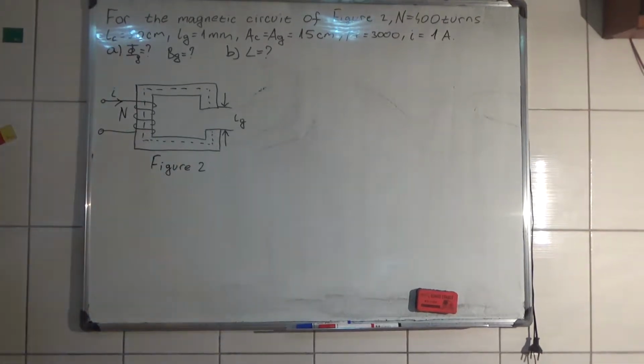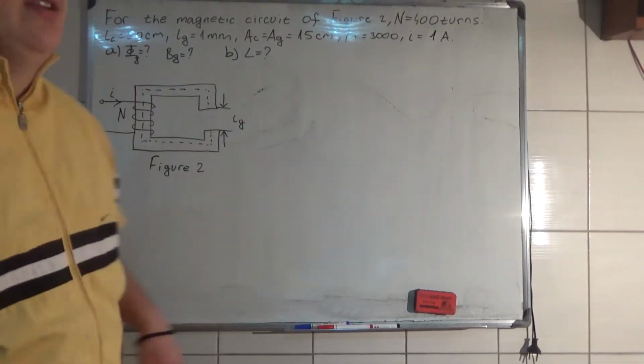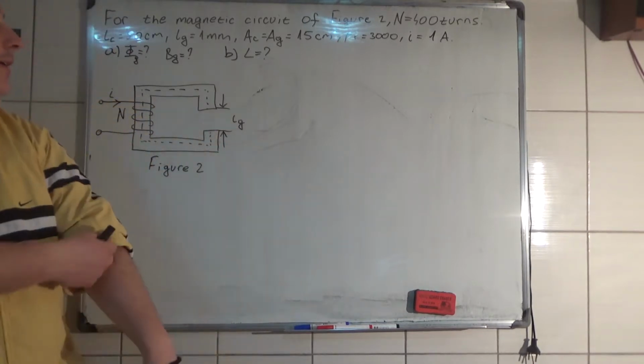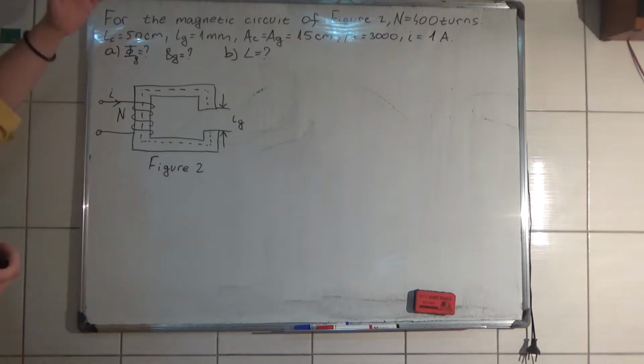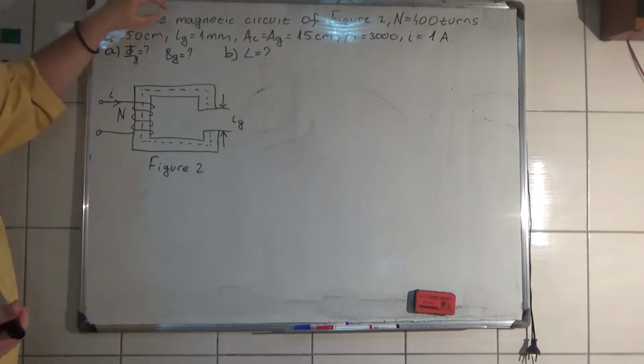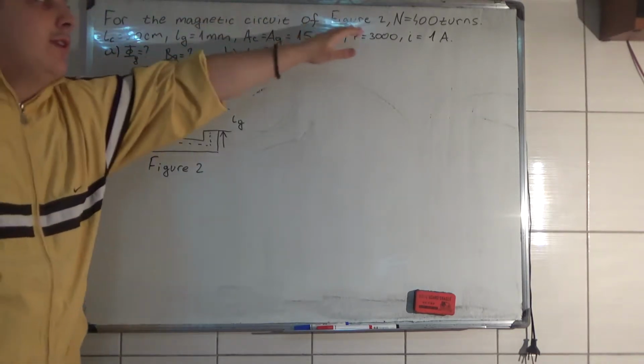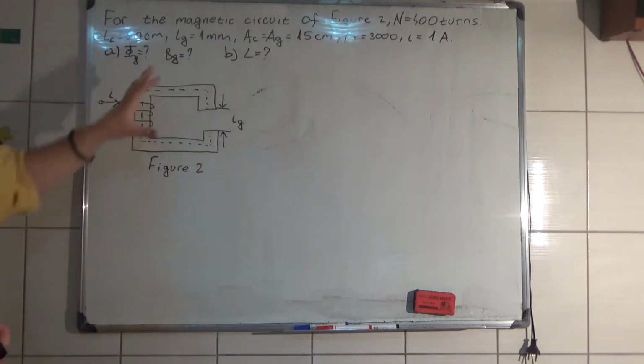Okay, this is now example number 4. I think it's number 4. And the example says that for the magnetic circuit of figure 2, so this is the figure 2,